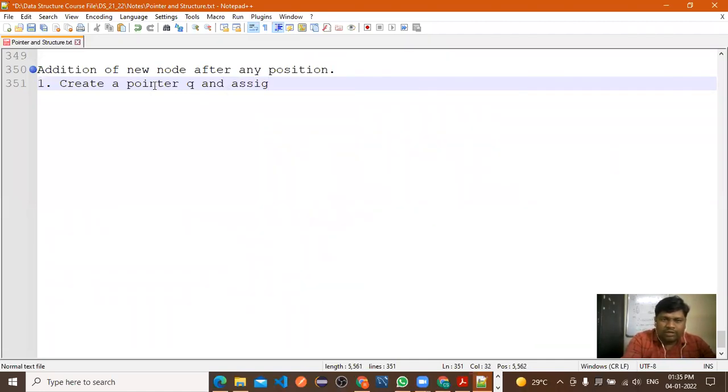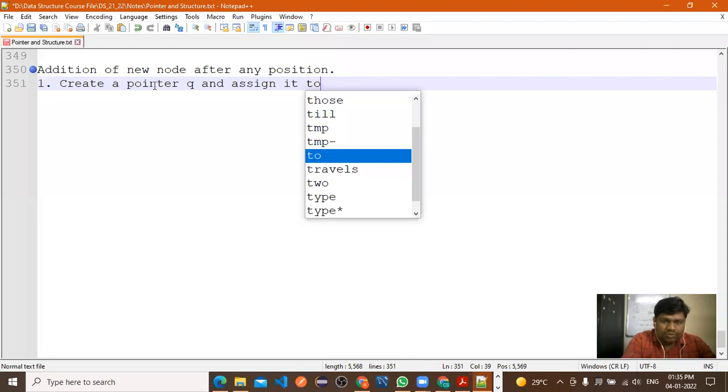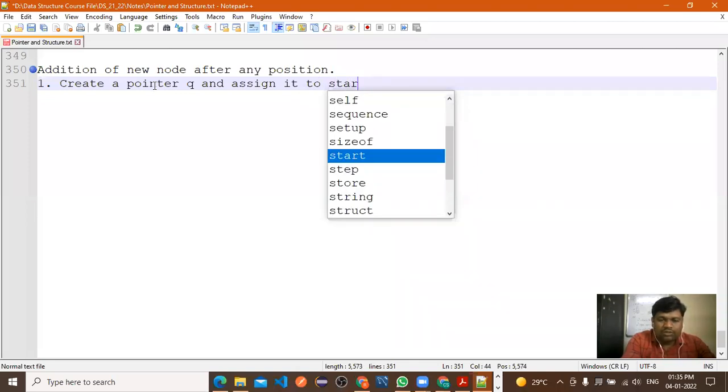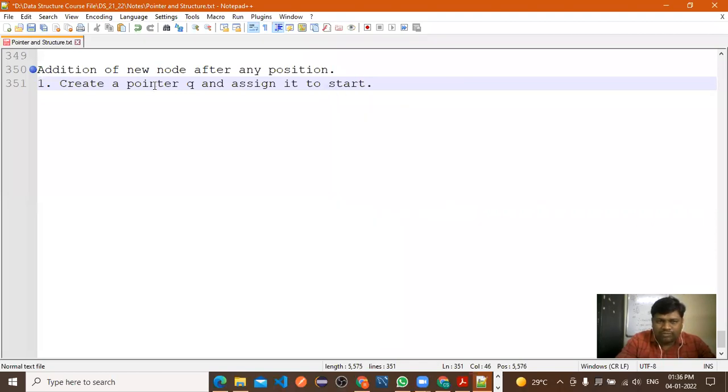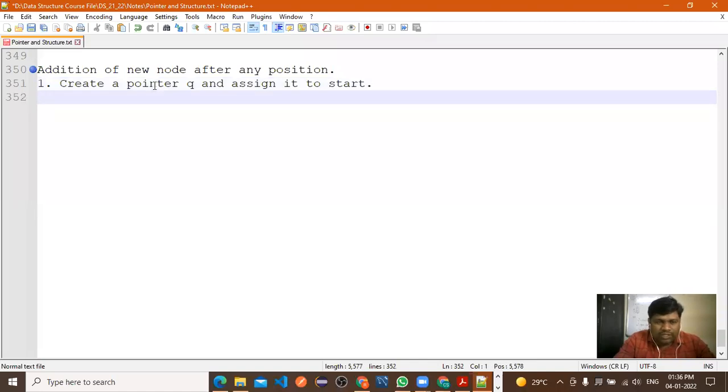If we want to use it for traversing, assign it to start, or assign the value of start to that pointer, right? So, second step, take a Q pointer for the traversing purpose.